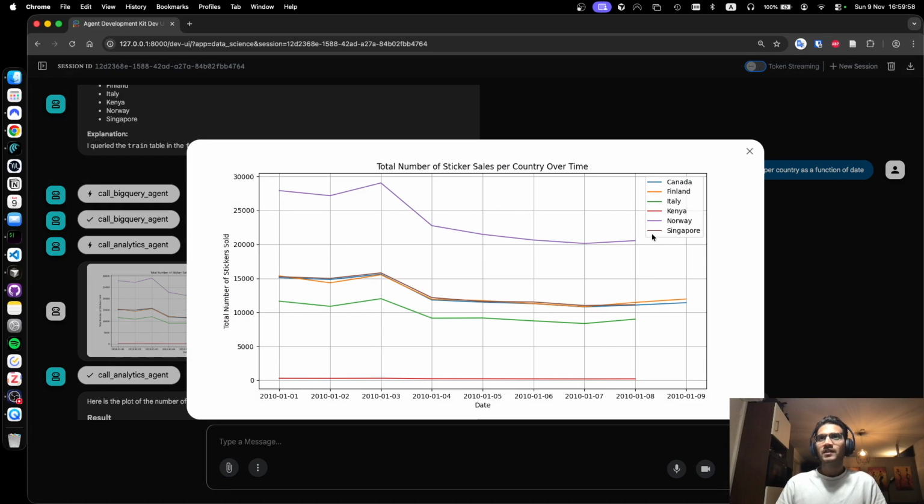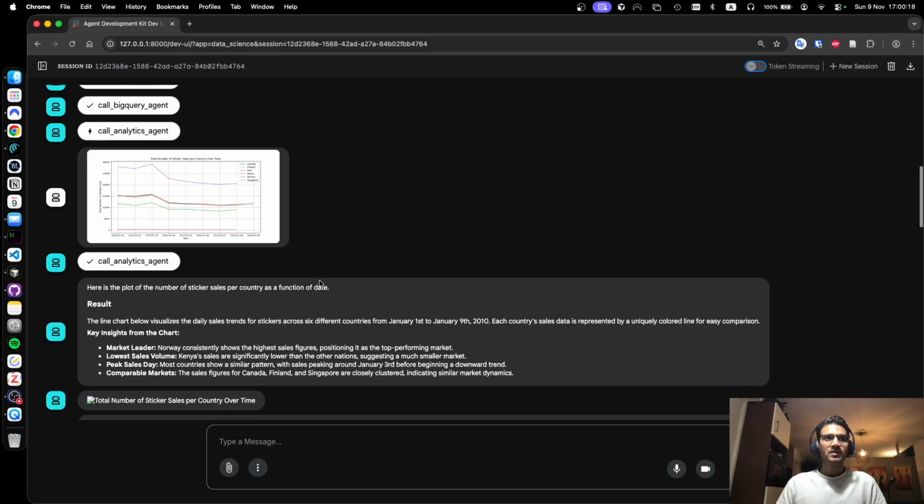And we can see that the country Norway has the most total number of sticker sales over time. And we also see that the sales peak in the first month of the year, and then it declines. And that's consistent in all the countries. So now that we know this,